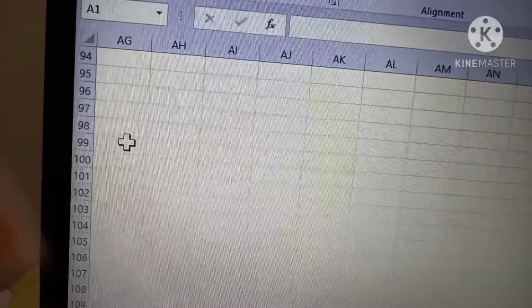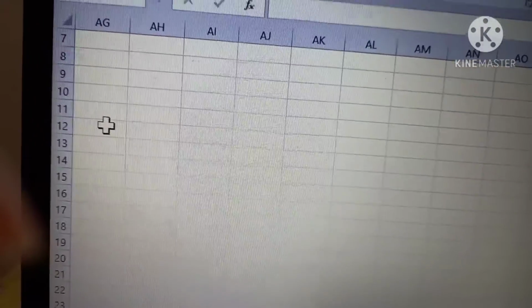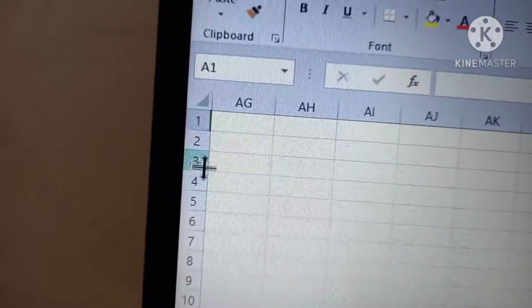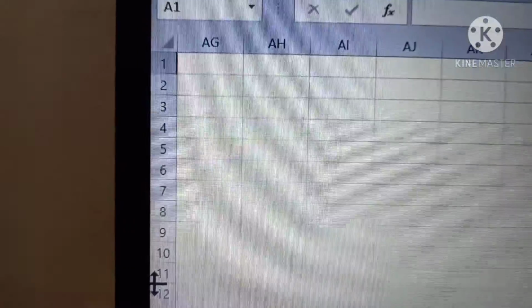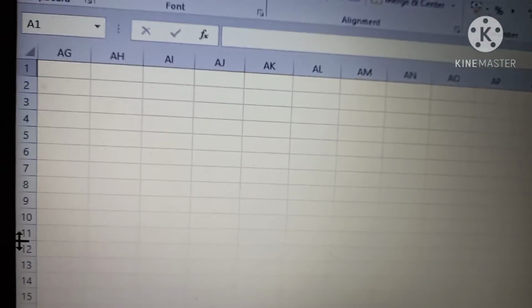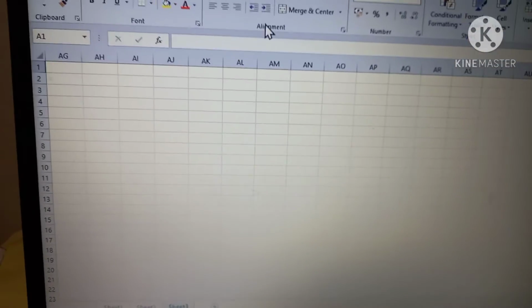And what all things you can do in this is, you can type information, text, numbers, mathematical formulas, right? You can do graphs also. These are the column headings and these 1, 2, 3 are the row headings, right? Now here I will stop and I will be back in the next video.